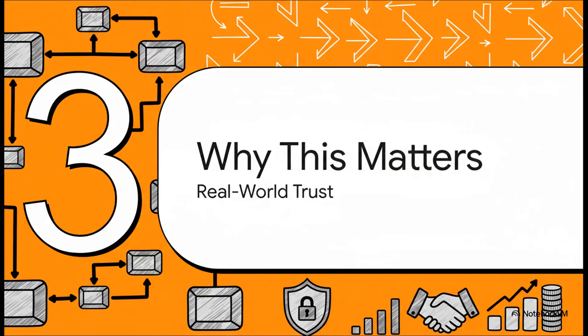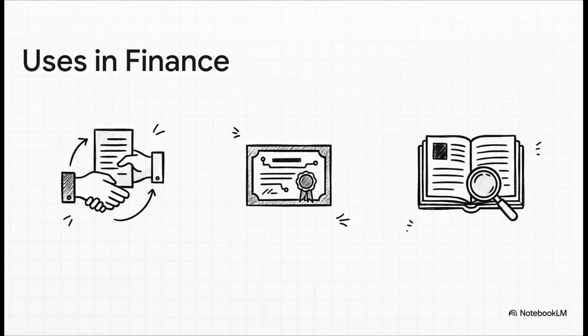So you can see this is way more than just a neat tech trick, right? This has massive implications for how we build trust in the real world, especially in a place like finance. It's creating a whole new level of confidence for institutions. And this isn't just theory, we're already seeing it in action. Think about complex financial markets. Distributed ledgers are being used right now for things like repo and collateral transactions, for issuing digital bonds, and for keeping fund records straight. Why?